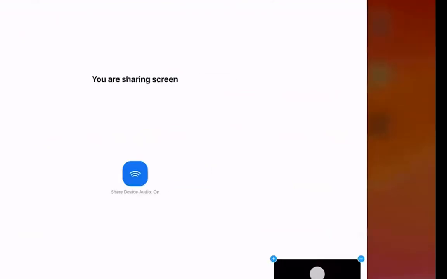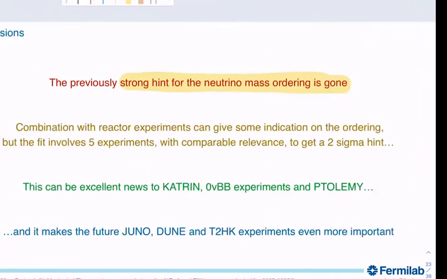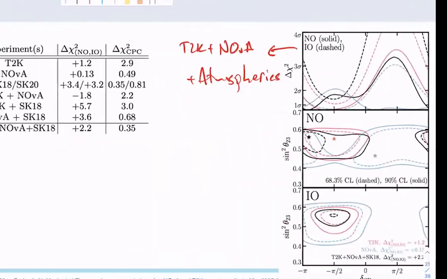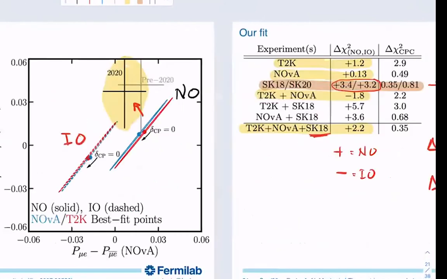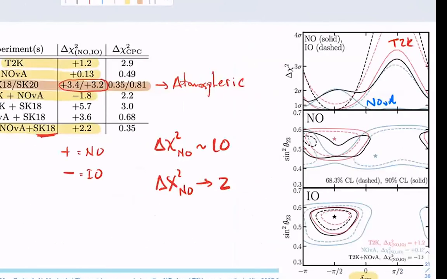Yeah, so I'm a little bit confused. If I look at your slide 20 or slide 21, before neutrino, there was a few sigma preference for normal ordering, and that's gone away. I'm still struggling to understand how changing an experimental measurement by less than 1 sigma changed the global fit by many sigma. It feels inconsistent. I don't think it's less than 1 sigma, right?